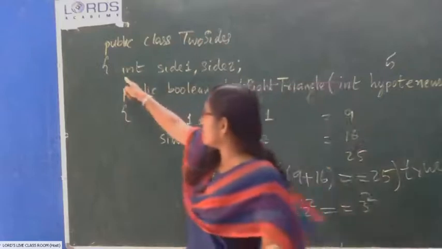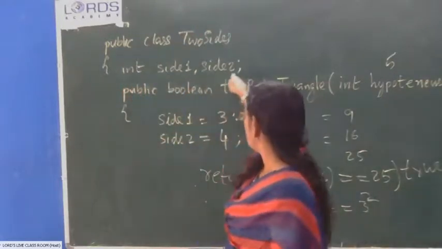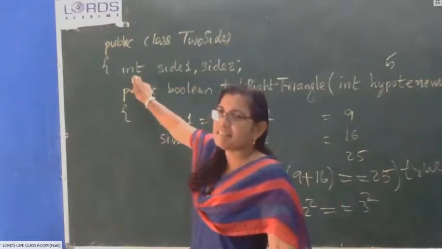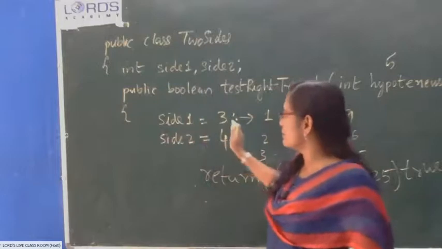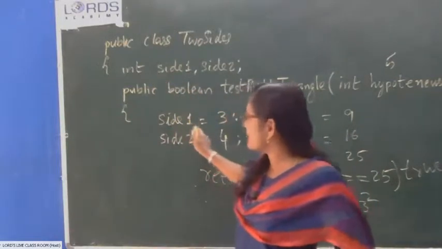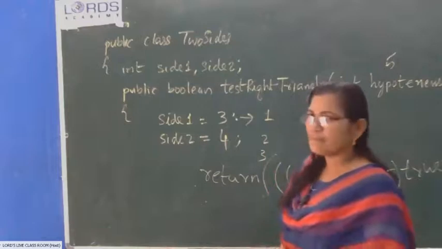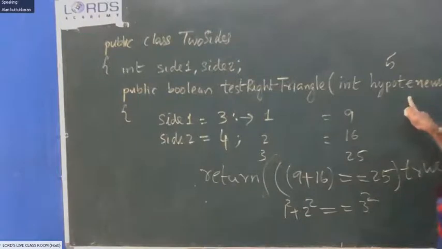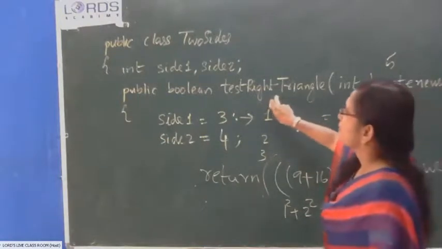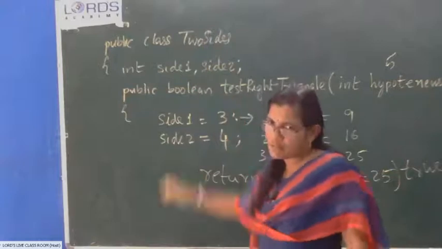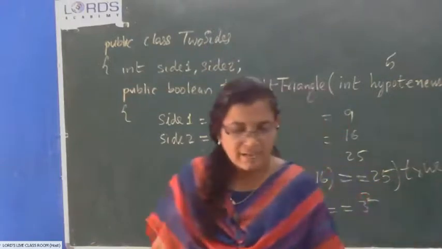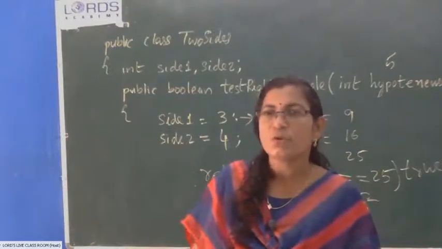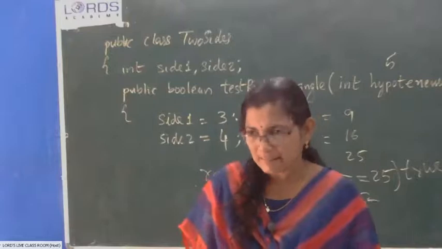We have already declared them here. Global. They are available in all the methods. Okay? Declaration is given here, so you have to just assign the value. As they are declared here, they are available in this method. So hypotenuse is a local variable, local to this method. Side 1 and side 2 are global to the class. And inside the method we have declared side 1 squared, side 2 squared and hypotenuse squared. So those three variables are local to that method.